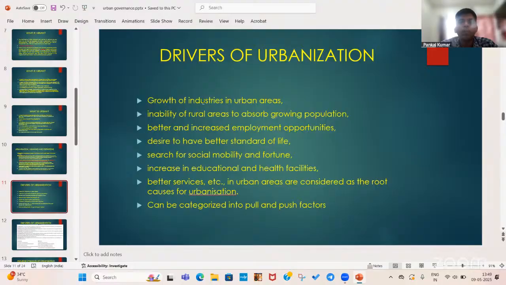Number one, growth of industries in urban areas. What will happen when there is growth of industries in urban areas? There will arise demand for labor, because for economic activities, labor is one of the four important factors of production: labor, land, capital, and entrepreneurship. So with the growth of industries in urban areas, there would be demand for labor. What will happen when there is increasing demand for labor? People will move out of rural areas or rural settlements to meet that demand, and there will also be